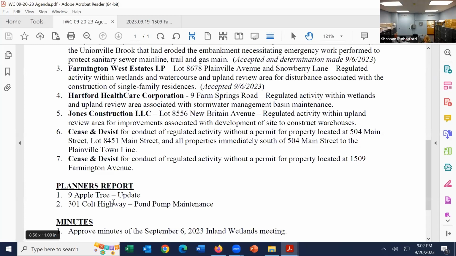So hopefully they can follow through with George, and George is pretty much on top of them for this. But just to let you know as well, we had submitted a fine for this one as well. Issued a fine in the amount of,